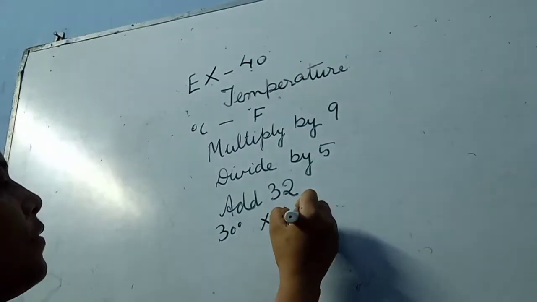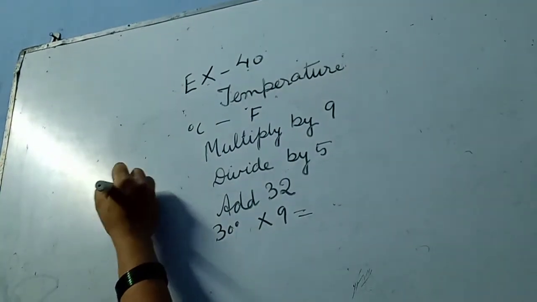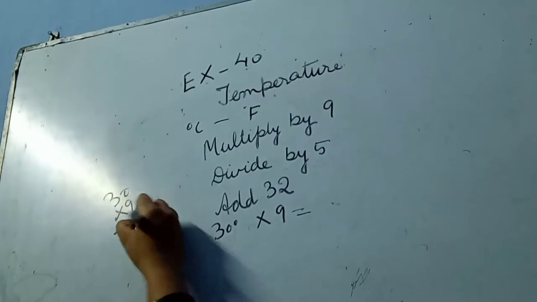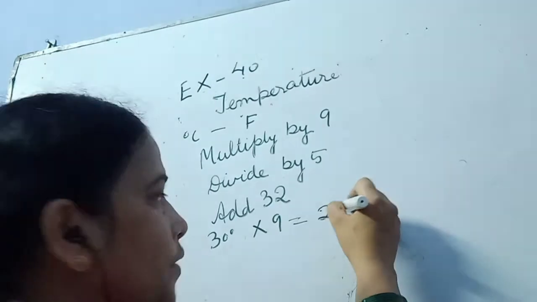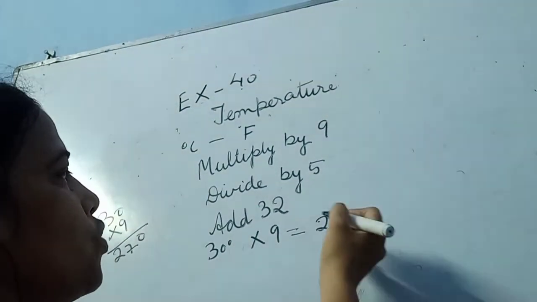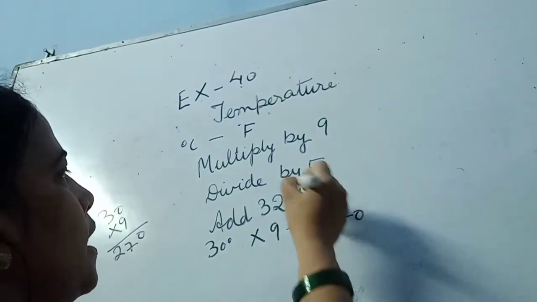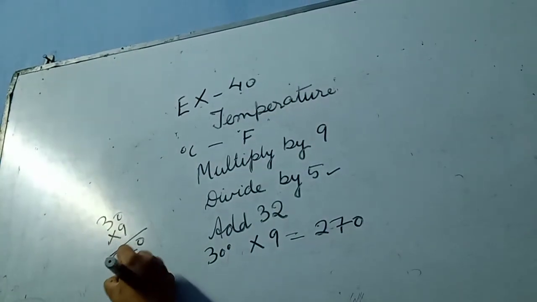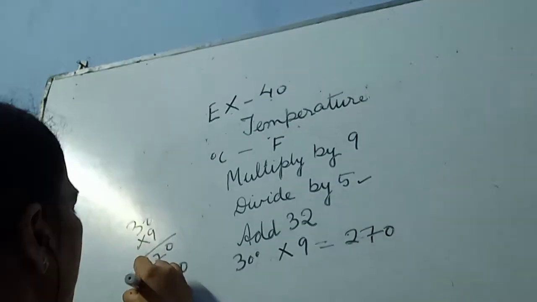So 30 when we multiply with 9, how much do we get? 270. Now divide this 270 by 5. Second step: we have got the product 270, and we are going to divide it